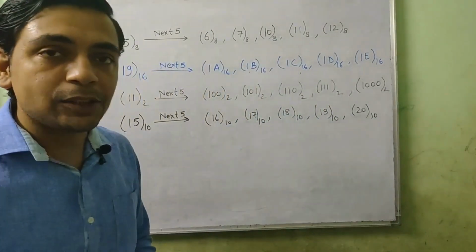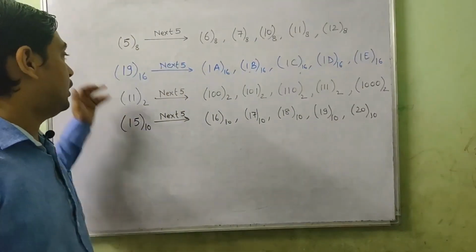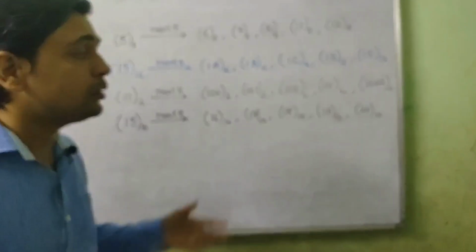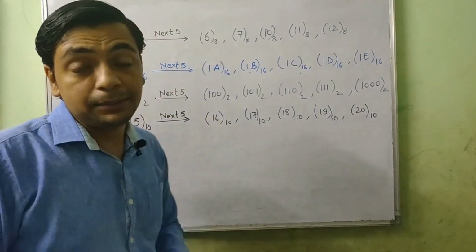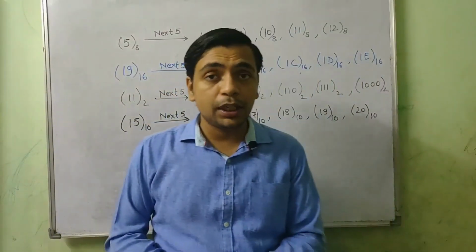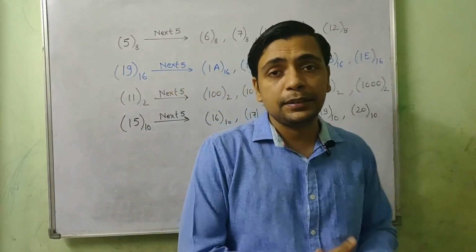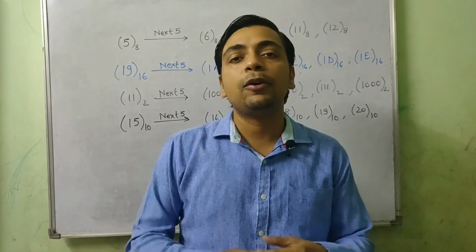So what will be the next topic to discuss now? Okay, so of course we have seen the number chart, we have seen how numbers are generated, and we have also seen the next 5 numbers in all the number systems. Now the next thing is interconversion of numbers, converting a number in a specific number system to another number system. Okay, and this whole tutorial is about that only.